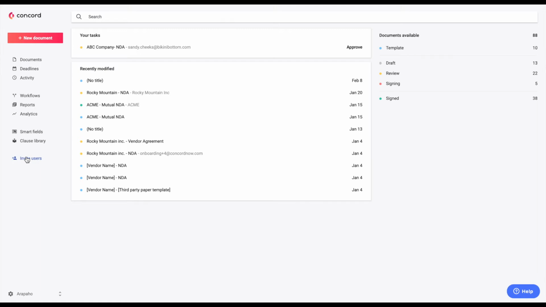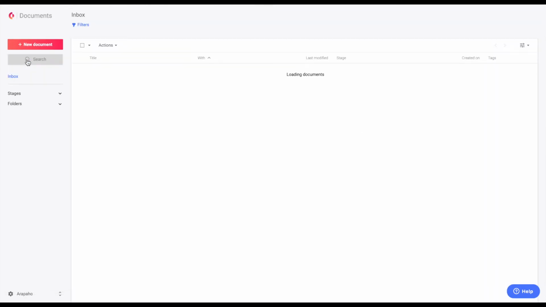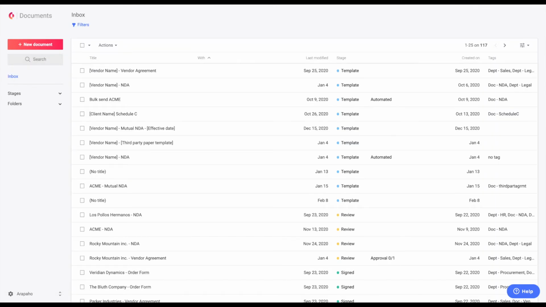Next, we're going to talk about the advanced features that Concord has to offer, specifically on the left-hand side of your home screen. Now, Robert talked quite a bit about the document inbox and the fundamental aspects of your document inbox. A couple things that we'll cover really quickly is simply pulling a report from a search you've filtered down by in your document inbox. Let's say, for example, similar to Robert's search, we wanted to just search all our document